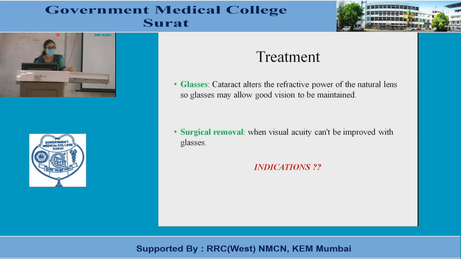So the indications of cataract surgery are vision, day-to-day obscuration of routine life, any other associated pathology that has to be treated but cannot be intervened because of the progressed cataract or obscuration of the fundus view, or any secondary complications related to cataract. So I hope you are clear, and this has to be very clearly noted down and documented, because the indications of cataract surgery is something one should know very clearly.